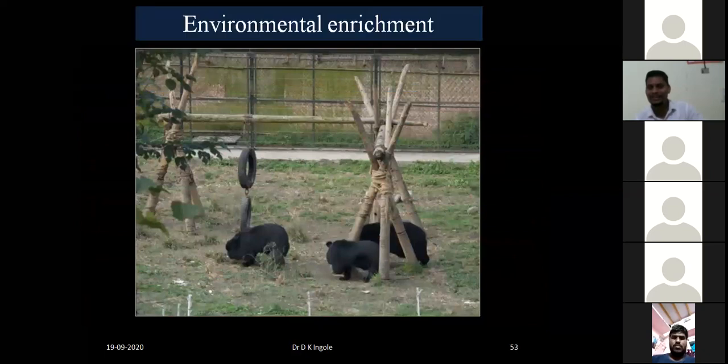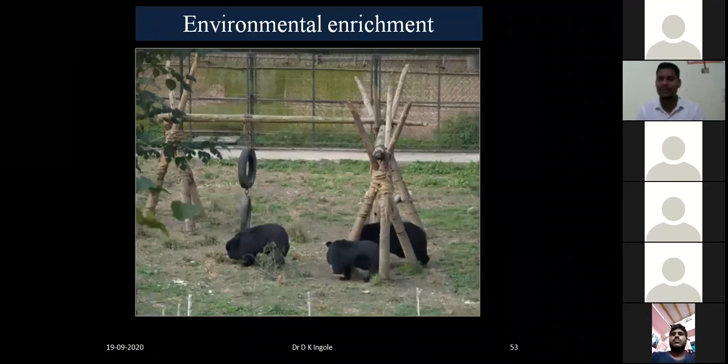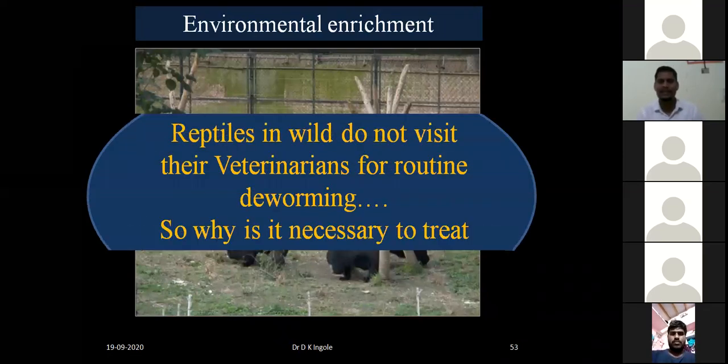So environmental enrichment is usually used in captive conditions to avoid boredom and to reduce the stress. While feeding also, rather than simply offering food, put it in some tube or some plant, so they should search and eat. That maintains their natural instinct. Like if you're feeding a tiger, don't offer it as such; keep some urinals or spray some urine, like cattle urine. Maintain their natural habitat as much as possible. That is impossible, but try to maintain it to reduce the stress.